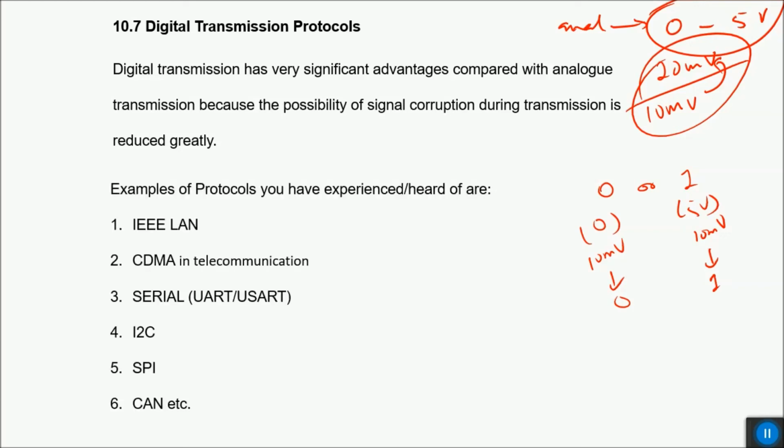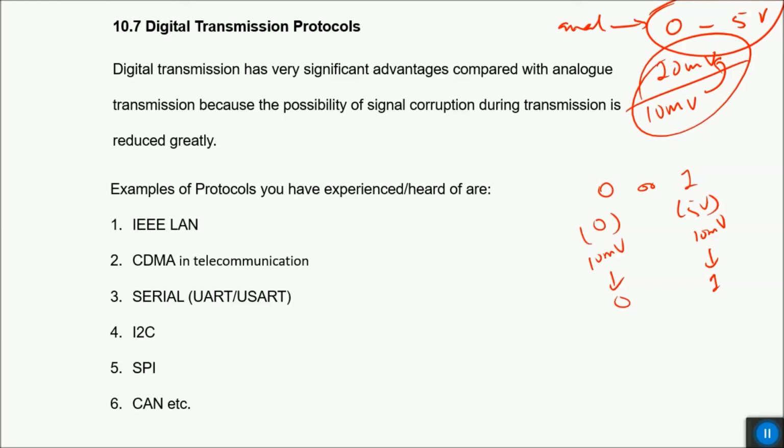Various protocols have been developed to achieve digital signal transmission, and there are many advantages of using those protocols, because they are secure and they are faster, and they ensure the transmission of signals from the transmitter to the receiver without any errors at very high speeds. So these are some of the examples of protocols that you have experienced or you have heard of. IEEE LAN protocol we are all using in our laptops and mobile phone